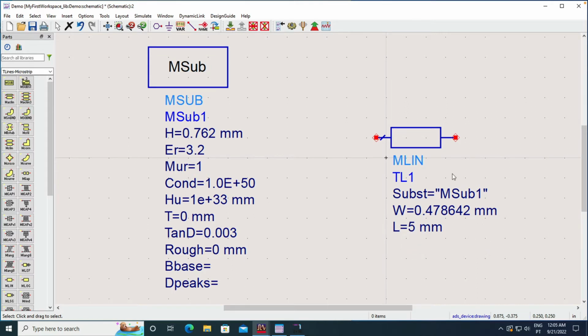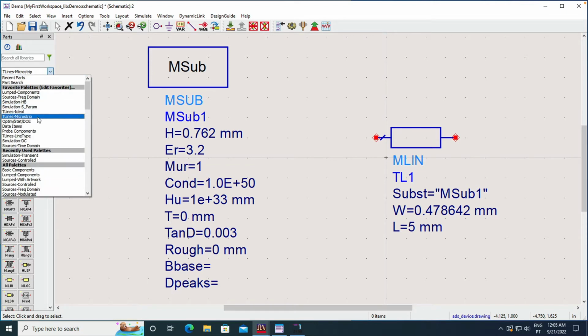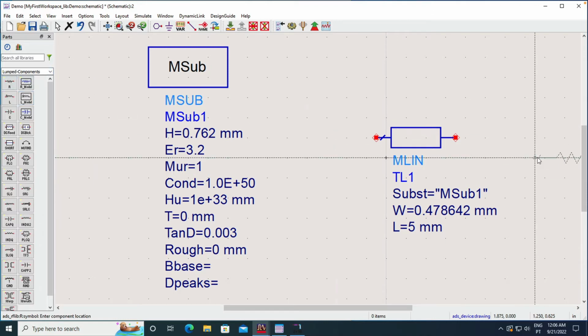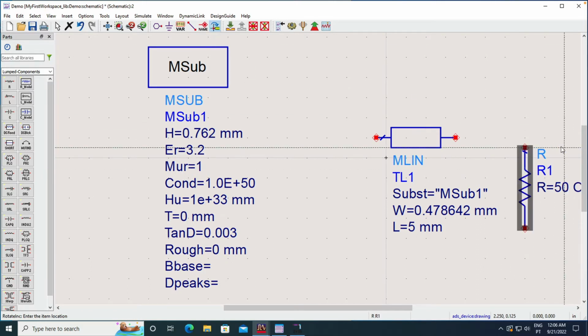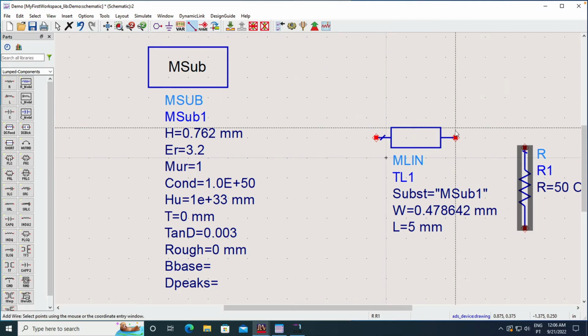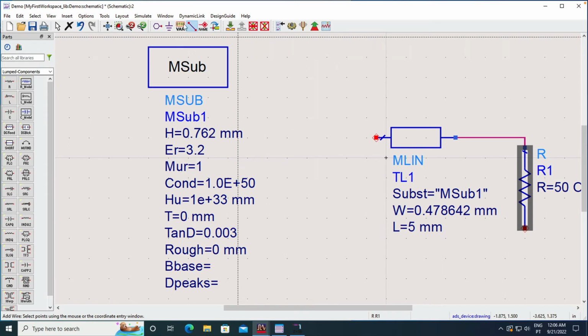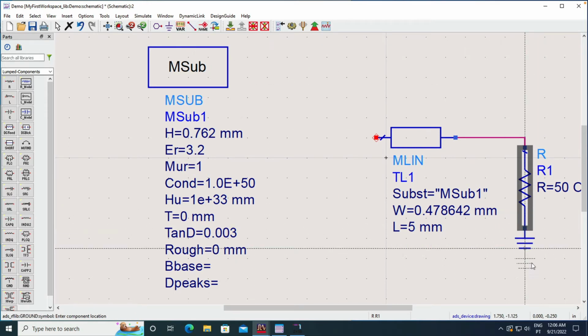Okay. Now we want to calculate the impedance when this line is loaded with a resistor of 50 ohm. So we select lumped components. We place a resistor here. I'm going to rotate the resistor. Okay, and so I need now to connect the line to the resistor, and I need to terminate the resistor to ground. And at the input,